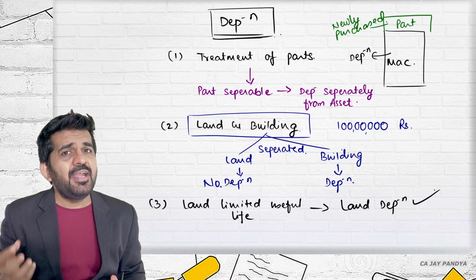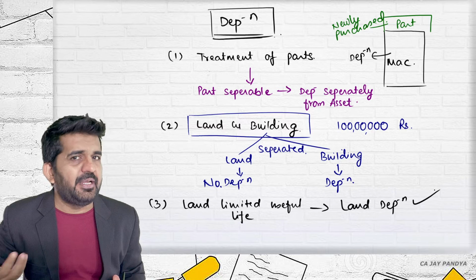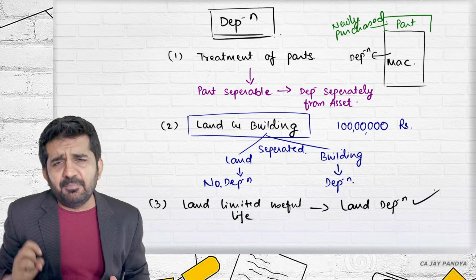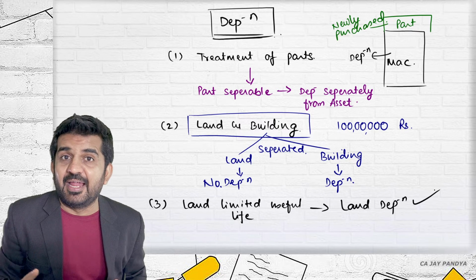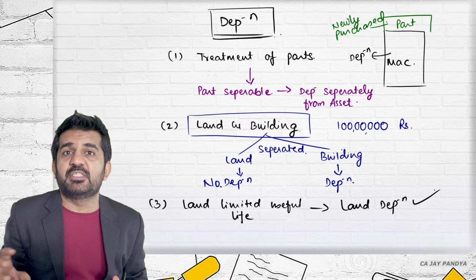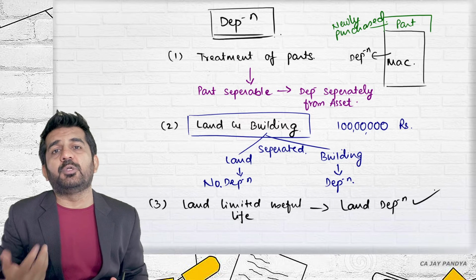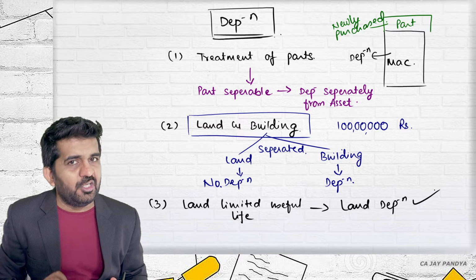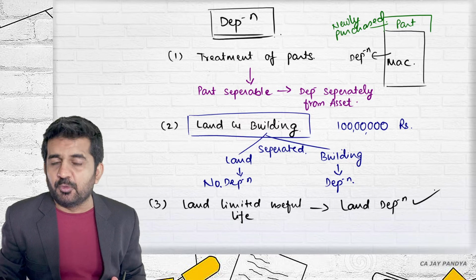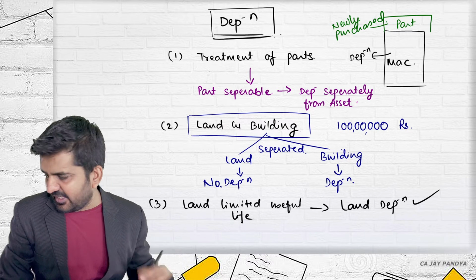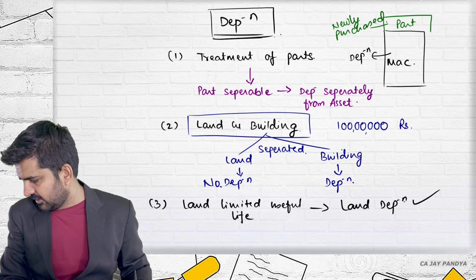Land. And how many years will it be depreciated? For 50 years. And based upon an appropriate method, you will be depreciating even the land, because after 50 years, the cost which you have incurred to take that land on rent or on lease will be fully depreciated or fully utilized. All right. So in that case, even land can be depreciated.